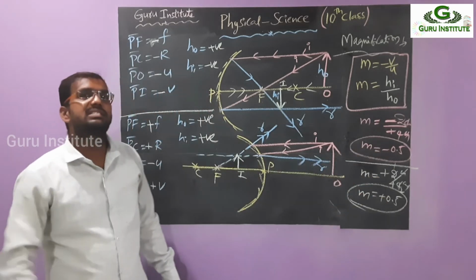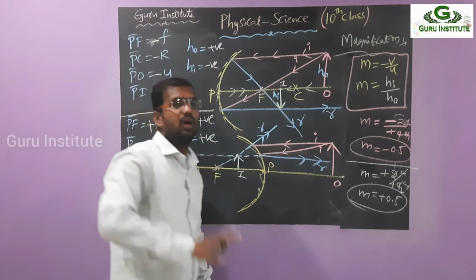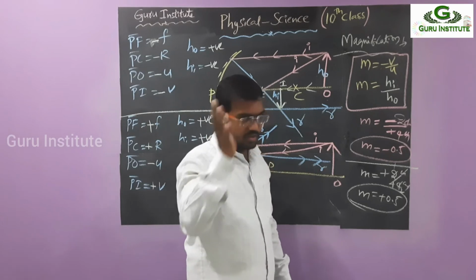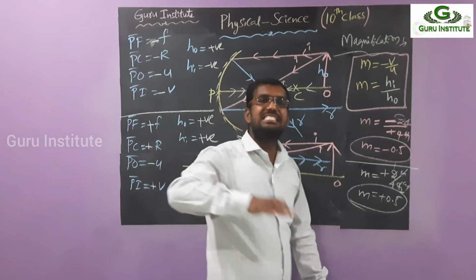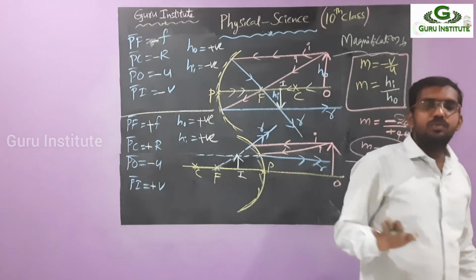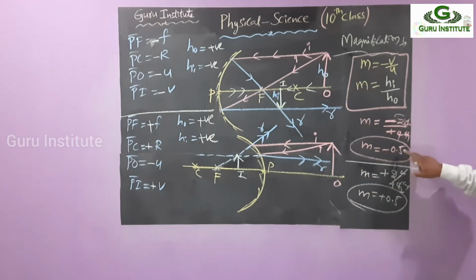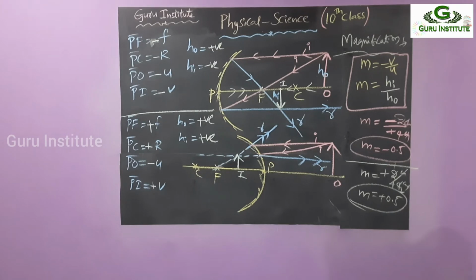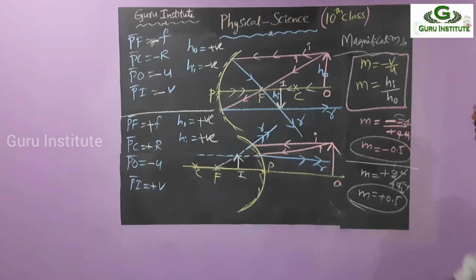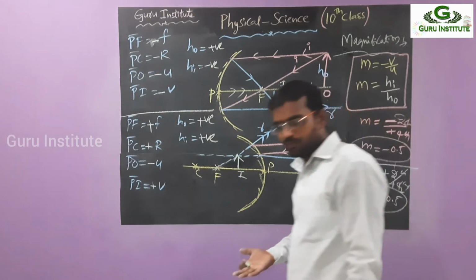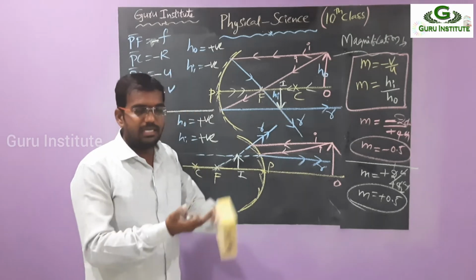Then what does it mean if magnification is less than 1? First of all, you need not see the plus and minus, just observe the values. If the magnification is less than 1, then the image size is decreased. Now observe here, 0.5, 0.5. Are these less than 1 or not? So the image size is decreased here, and here also decreased. If the magnification is above 1, that means greater than 1, then automatically the image size is enlarged. That means image size is increased.